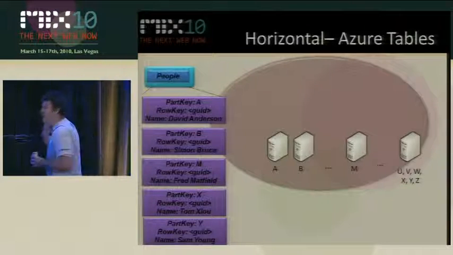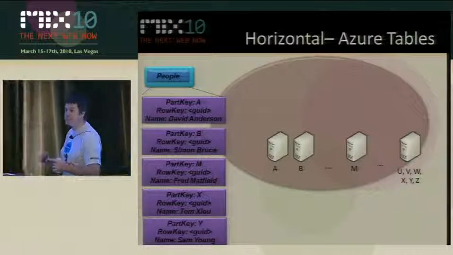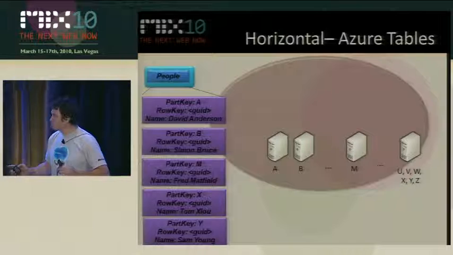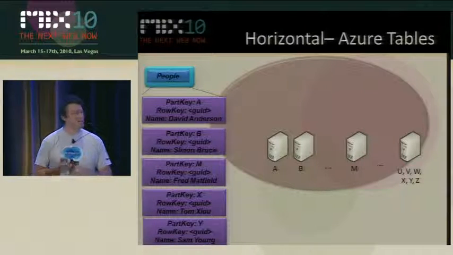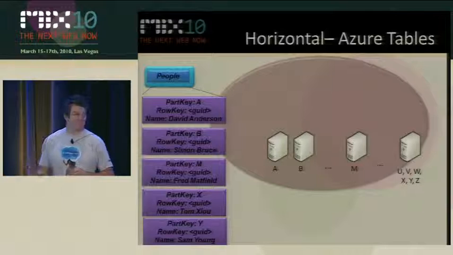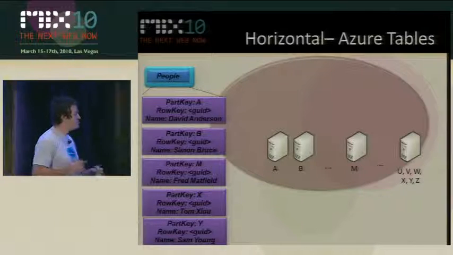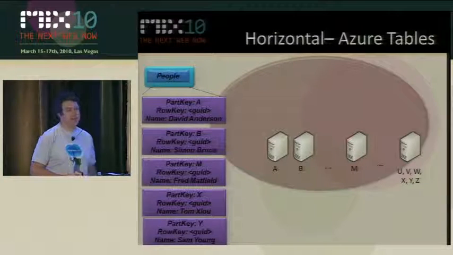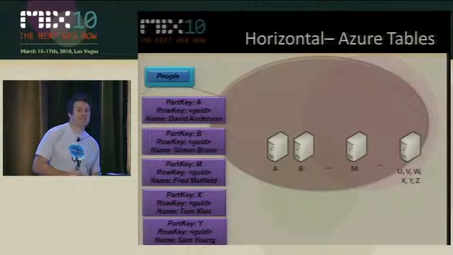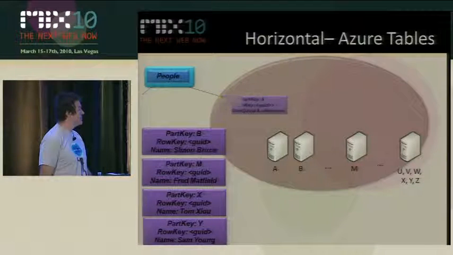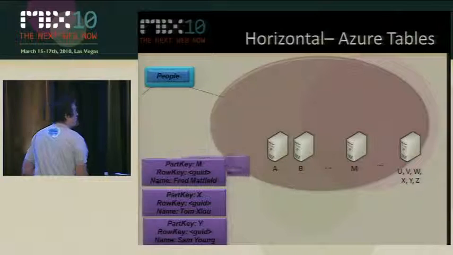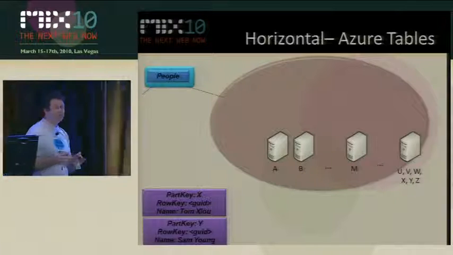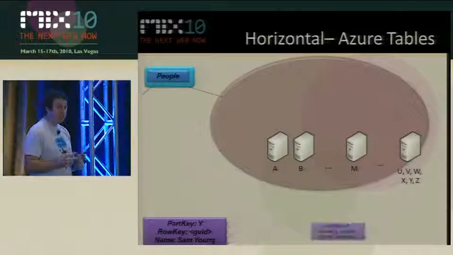To drill down in a bit more detail, if we think about horizontal partitioning, out of the box, Azure Tables support horizontal partitioning natively. So this means that when we create an entity, we provide that entity with a partition key and a row key. We can choose those keys arbitrarily, but between the two of them, they represent the unique way of identifying that entity across the entire scope of the table. So we've got partitions that we're going to drop in, and Windows Azure is going to automatically arrange these for us. So we don't actually care